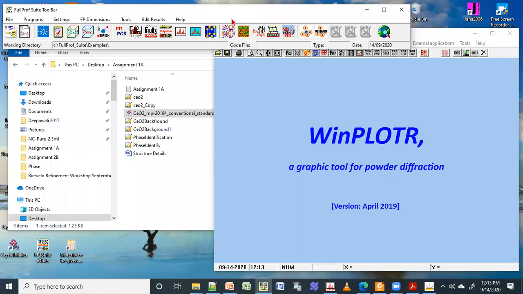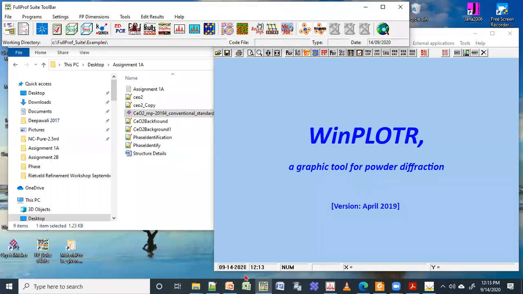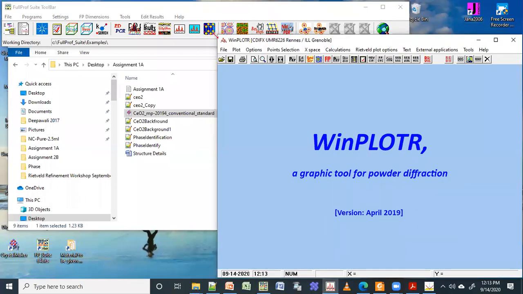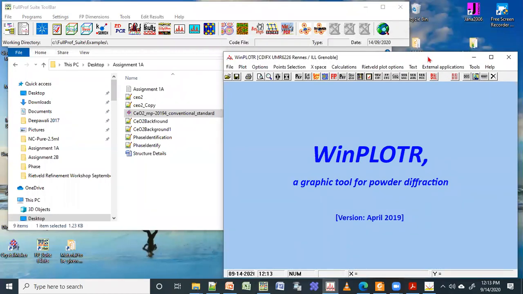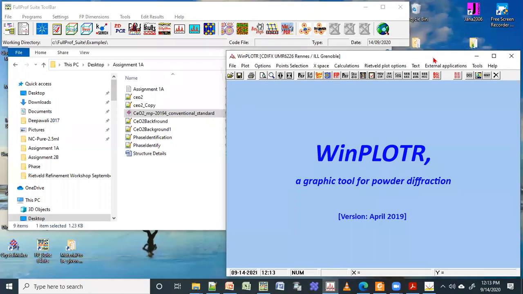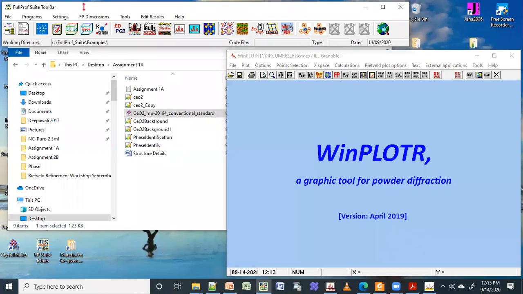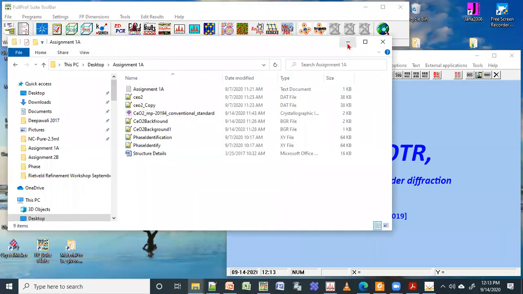For the SIF file, you can try Materials Project. Or if it is a completely new structure, as I told, then you have to do direct space mapping, which is not this method. It is a different method. I will try to give a video tutorial on that, because everyone may not be interested in it; it's a little more complicated compared to this traditional way of doing it.